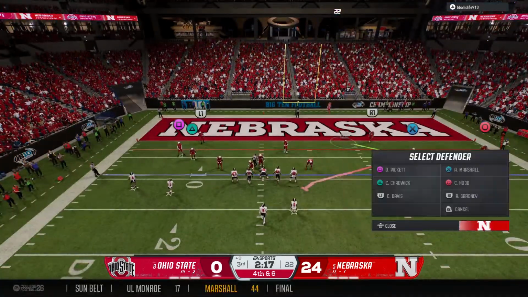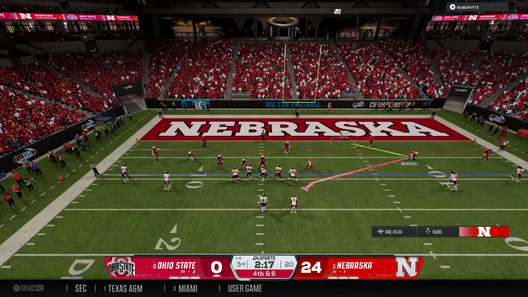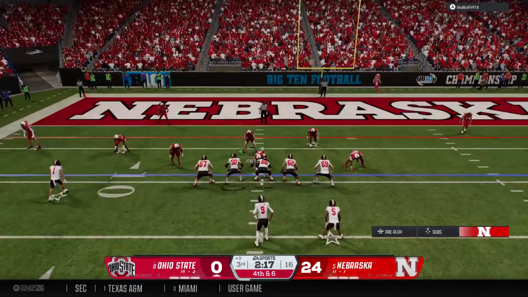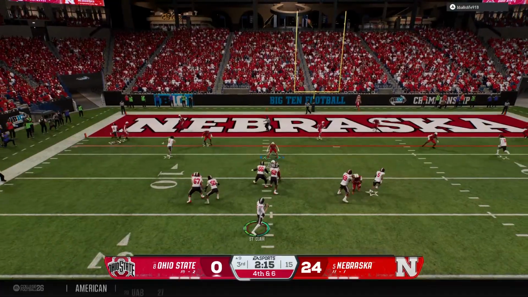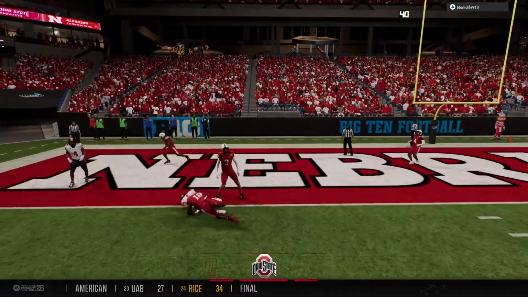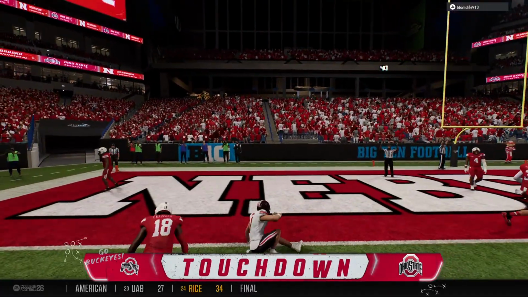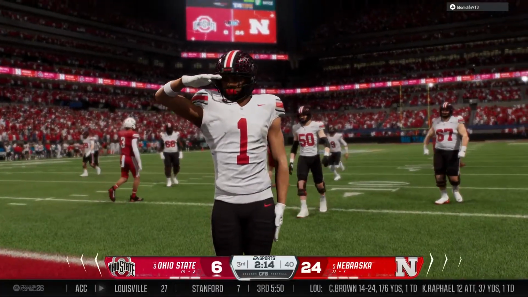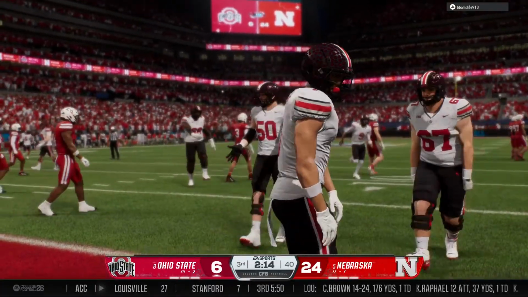The offense trailing here in the second half. This is a crucial fourth down try. From the shotgun, drops back looking for an open man. Touchdown, Ohio State, as they put 6 more on the board. That's a crucial score. Let's see if they can build momentum and complete this comeback.